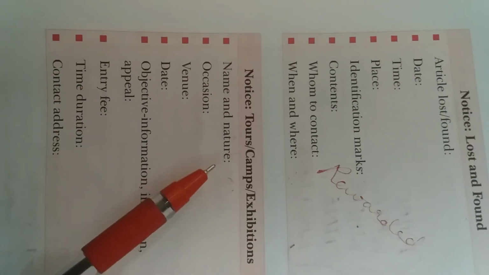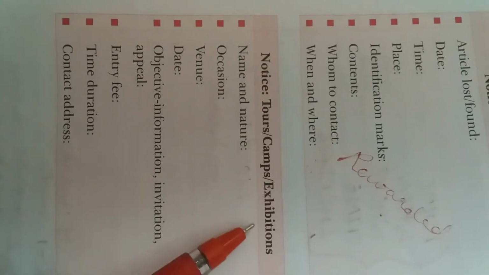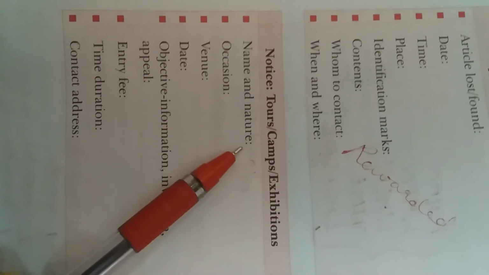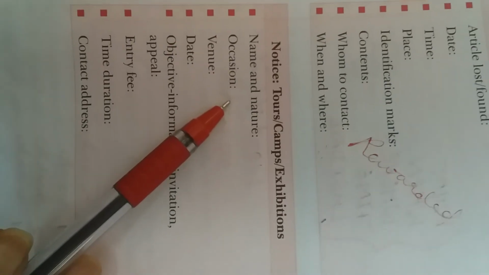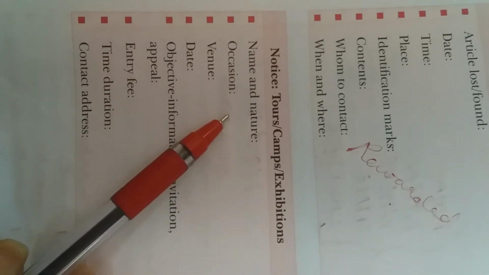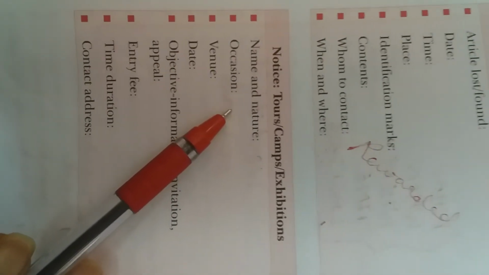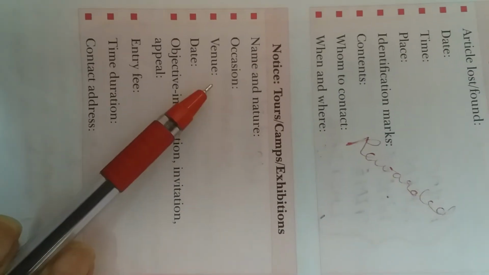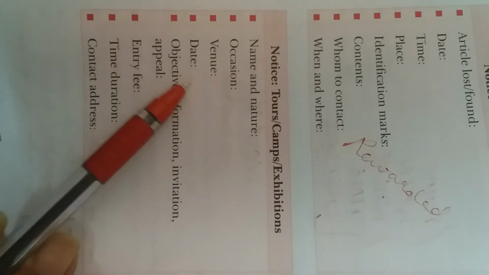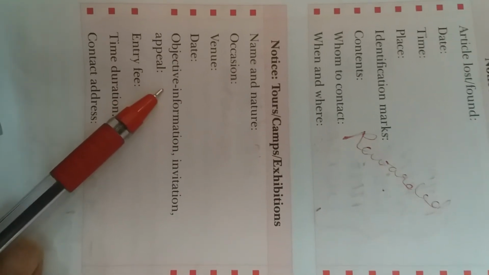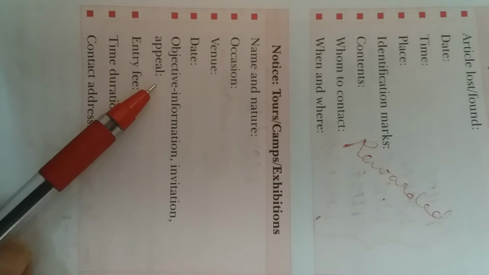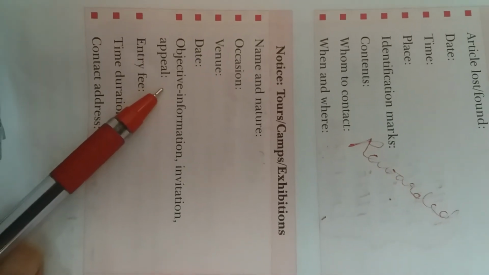The next type of notice is about tours, camps, exhibitions. Again, name and nature of the notice. What is the occasion? Suppose we want to frame a question that there is a tour conducted during holidays or Diwali holidays. So it becomes an occasion. What is the venue? Which places are included? What is the date of arrival and departure? What is the objective? Then information and invitation, and then a request to the children to bring, with the consent of the parents,